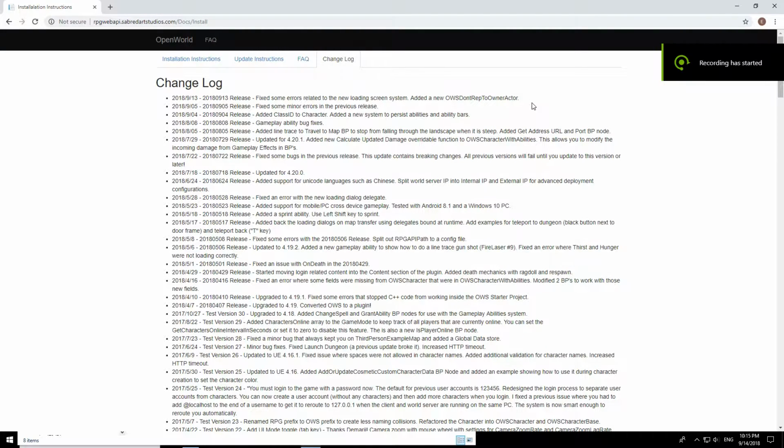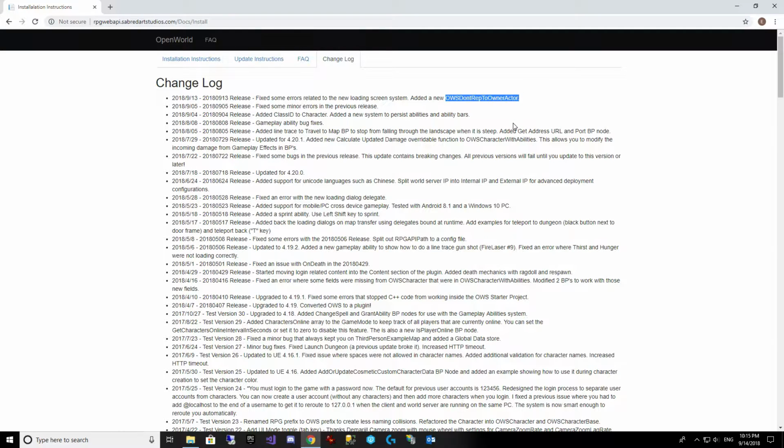Welcome back. Today we're going to mostly fix a few errors, and I'm also going to show you how to use this new OWSDontRepToOwner actor. So we're looking at the OWS changelog here, and this 8.8 version here, this one worked pretty well,